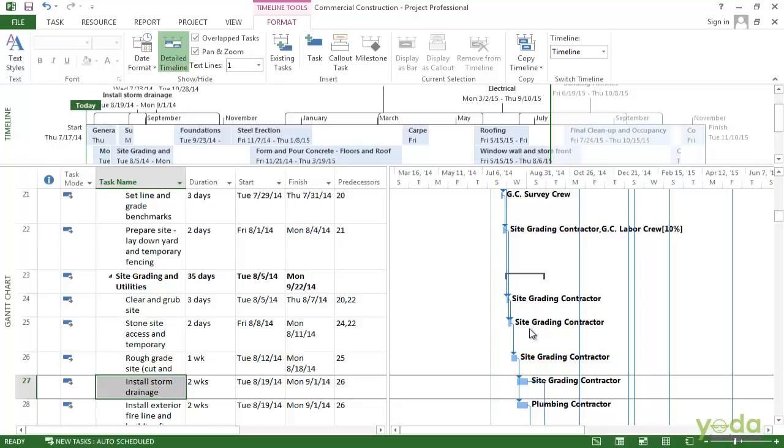The timeline is really great view for communicating to a lot of the audience that really don't need all the details of the Gantt chart. So you can copy it to the other places. To do that, on the Format tab, click Copy Timeline. You can see you can get it right into an email, or let's say you want to put it into a PowerPoint slide. Just choose for the presentation and it copies it to the clipboard. Now you can switch over to the PowerPoint and paste it into a slide.